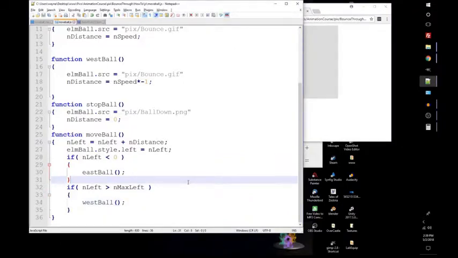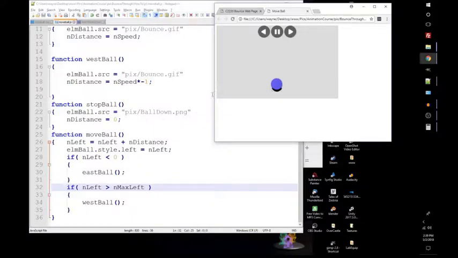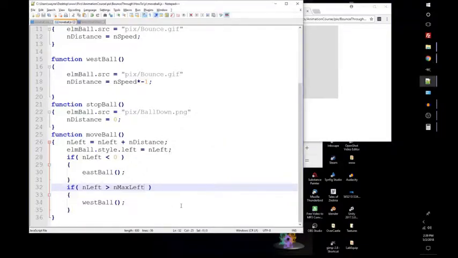So, rather than max left, which is here, it's when the left side of the ball gets there that it comes back. So we're measuring from the left side of the div to the left side of the ball, which means that the ball has gone right through before it bounces back. Anyway, let's try this